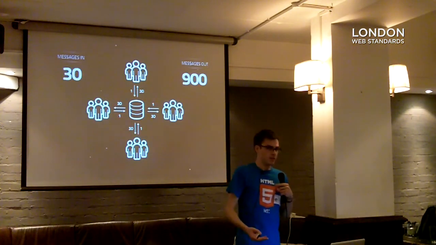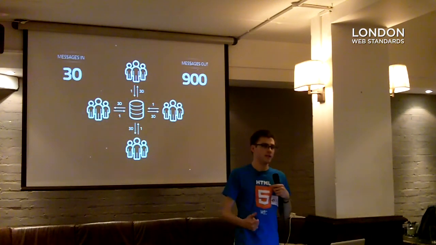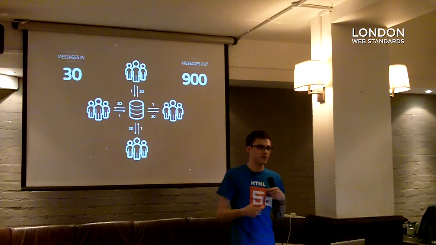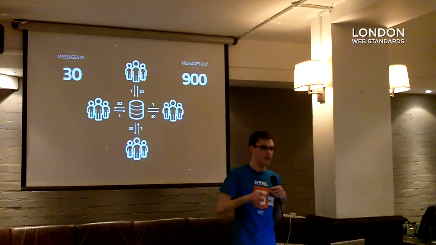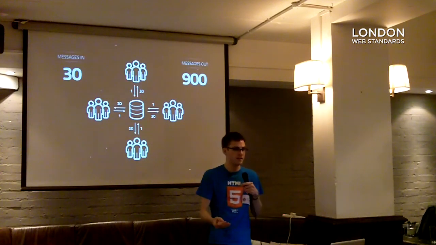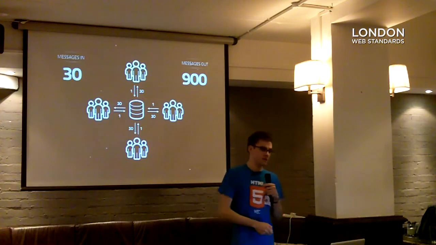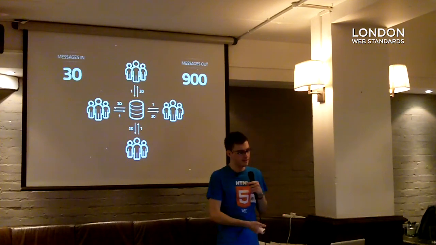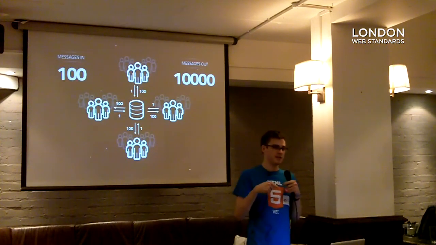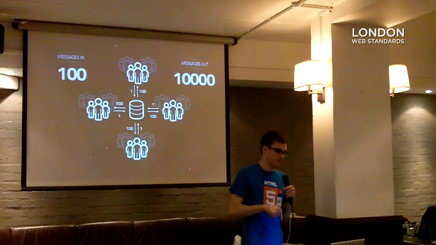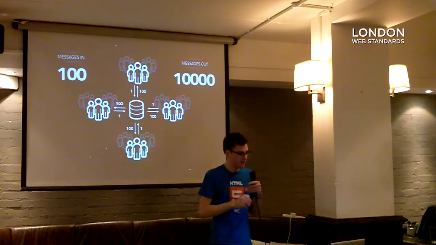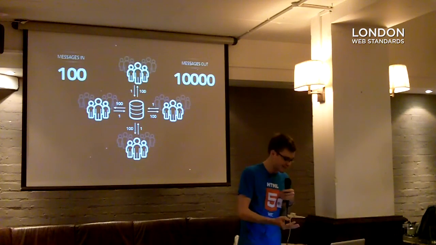With 30 players, it's a big multiplayer game now: 900 messages going out and only 30 coming in. You can see where you need to be careful with data, because that XY position was fine for one player, but if you're sending 900 XY positions every frame, maybe every 30 milliseconds, that is a lot of data. But imagine you were doing massively multiplayer with 100 players. That's 10,000 pieces of data going back out every 30 milliseconds. That blew my mind when I heard that. I was like, what? That's a lot of data.